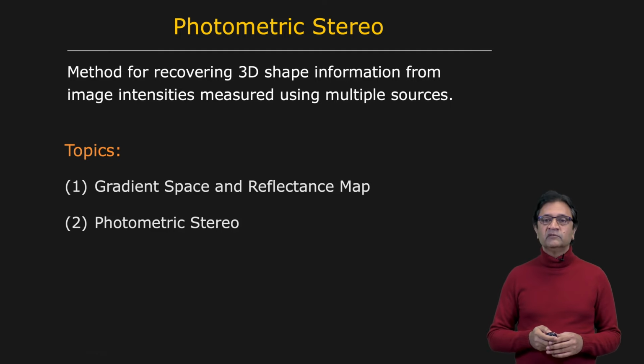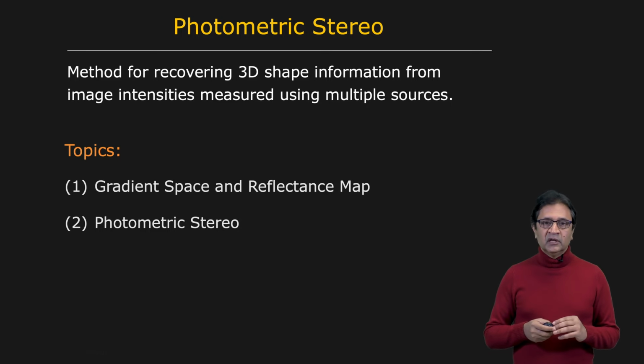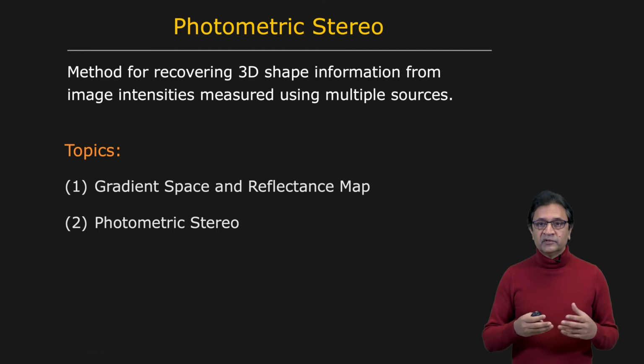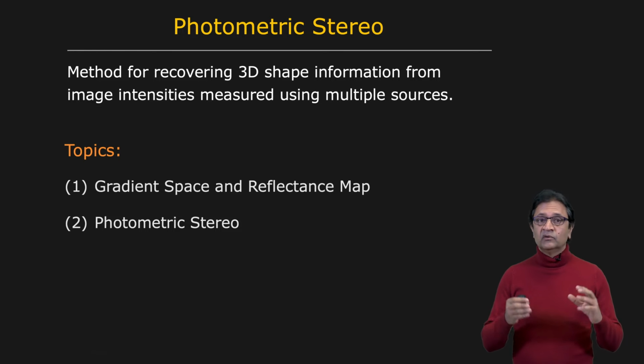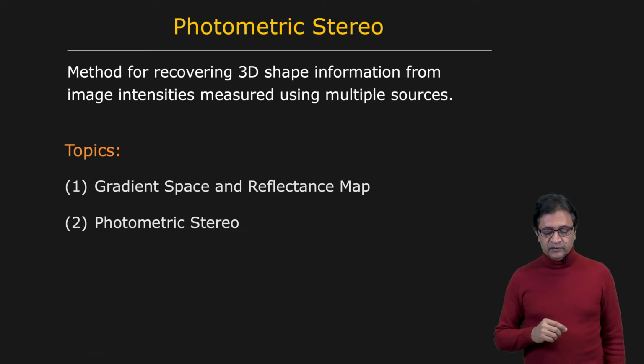So with that in place, we can develop photometric stereo. And we see that if you're given one intensity value, which is measured using a single light source, there are an infinite number of surface normals or surface gradients that would have produced the same intensity value. And so to resolve this ambiguity, we use multiple light sources. And then we find that we can, with a small number of light sources typically, uniquely determine the surface normal at each point on the surface.